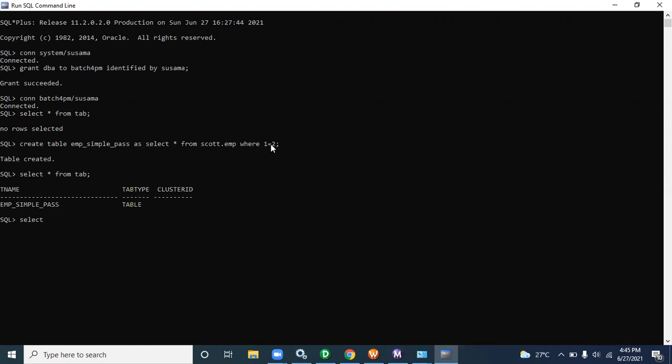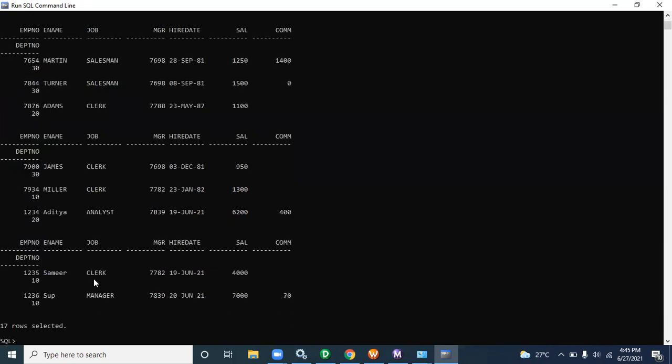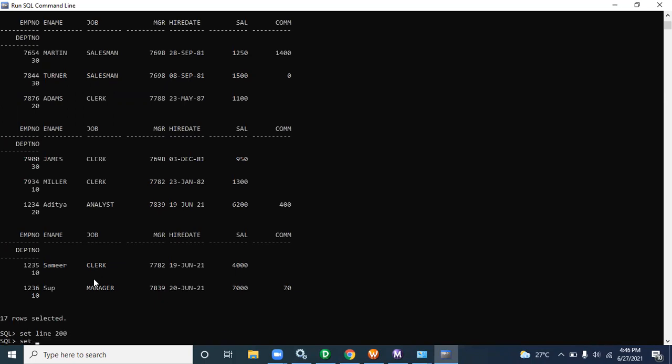Select star from EMP_sample_pass, no data will be there. But when you say select star from Scott.emp, now all the data will be there.